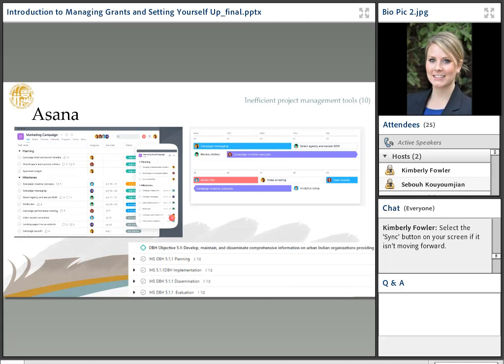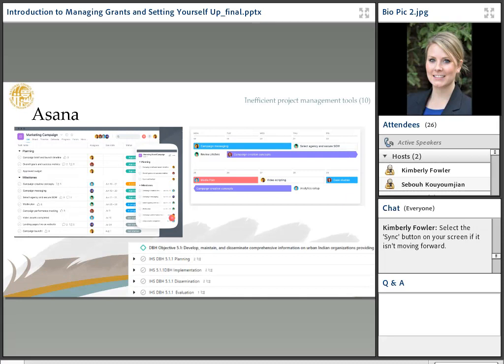And then at the bottom right corner, this is just a quick screenshot of McCready's Asana for this project, for one of our deliverables. And you can see how we set up our Asana based off of our IHS Division of Behavioral Health project, objective 5.1. So we have 5.1 planning, implementation, dissemination, evaluation, all built out into our Asana.